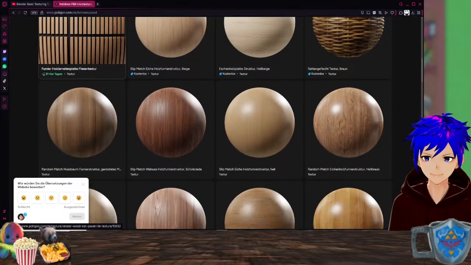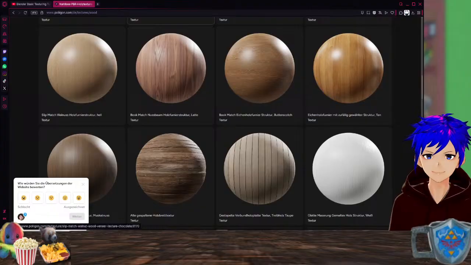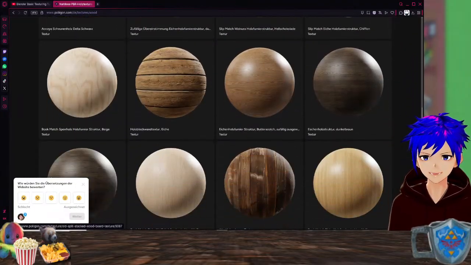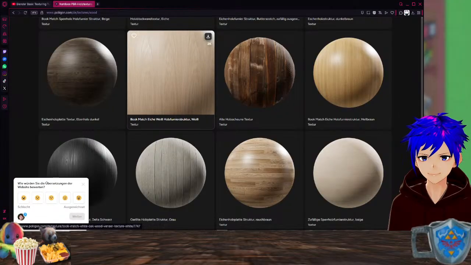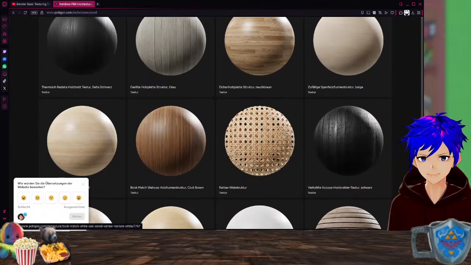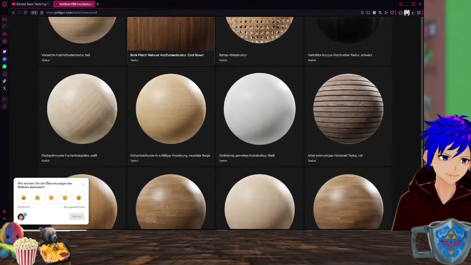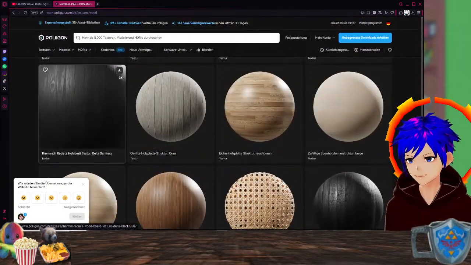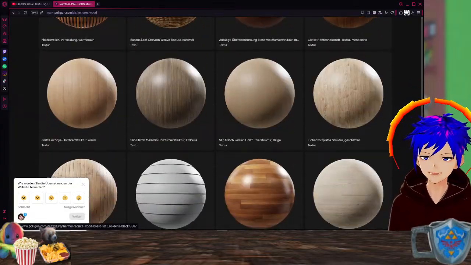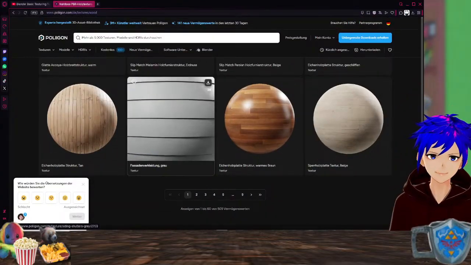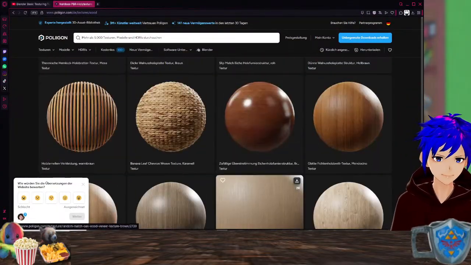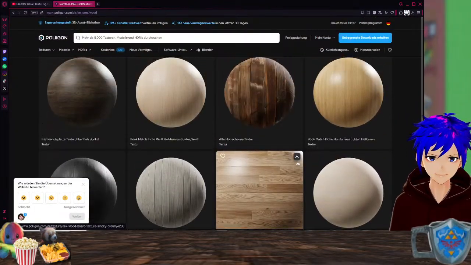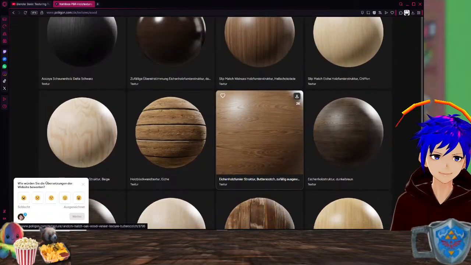Ooh. Which one do I like the most? Oh, dude. That one looks fine. But I can use a black one here. That would be very obnoxious. So not a black texture.